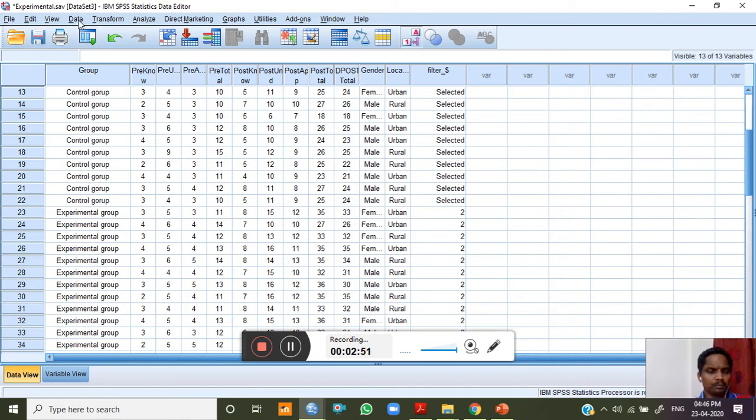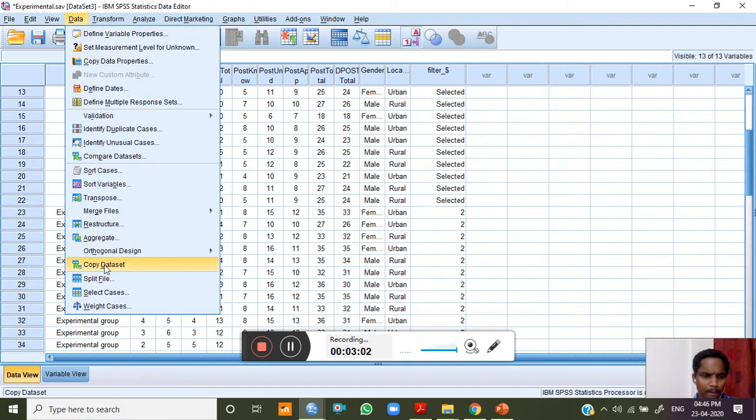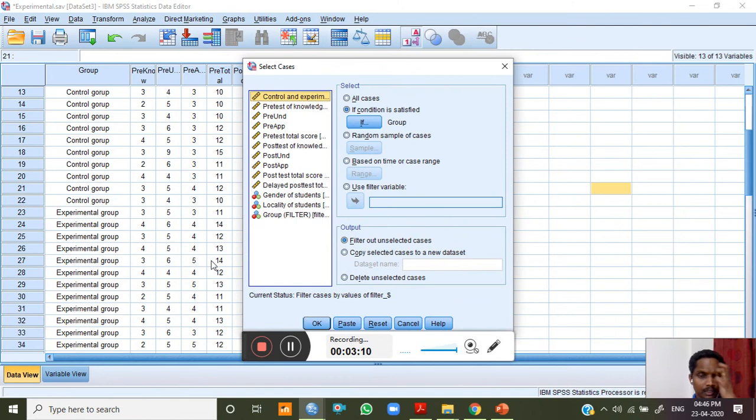It's not actually removing, we are hiding the control group. To select the experimental group, we will go to data, then select cases. Let me show you again. You have to go to data, then select cases, then click on the control and experimental, if condition is satisfied, and click on this if.